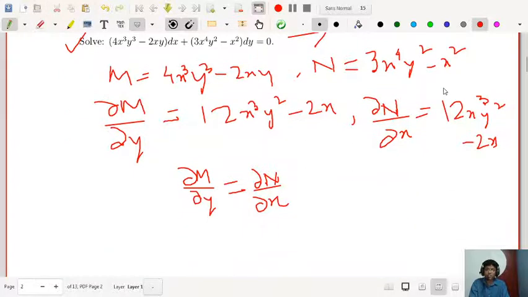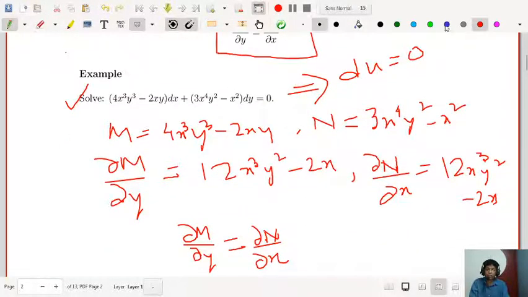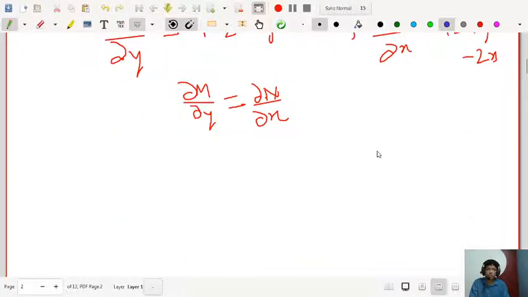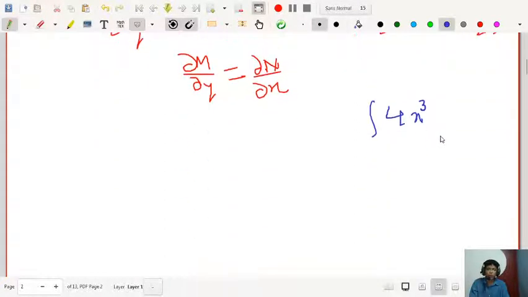Before I write that du, you just look at it, you have to pair up the terms. Let us first integrate this one, 4x cube y cube dx. Let us go here on the rough space. You are integrating with respect to x, so y cube is taken as a constant, that is the rule. If you integrate with respect to x, it will be x to the power 4 by 4, and the 4 cancels, so it will be x to the power 4 y cube.